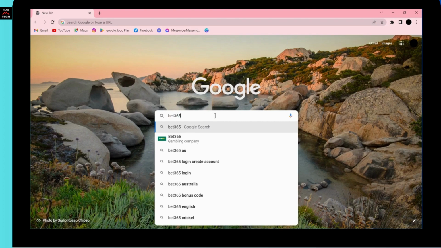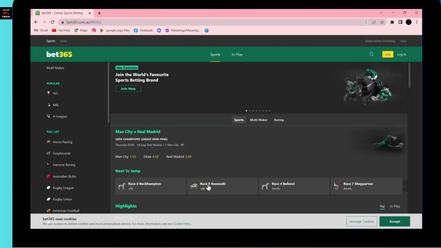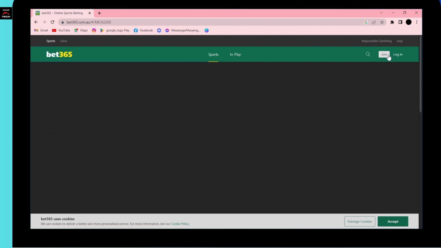Bet365, and then here don't click on the first option, click on the second option which says www.bet365.com.au. So click on this, and then you can see this on your laptop. And then to create an account, all you have to do is on the upper right corner you will have the join option. Click on join,